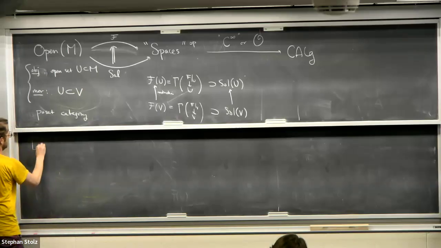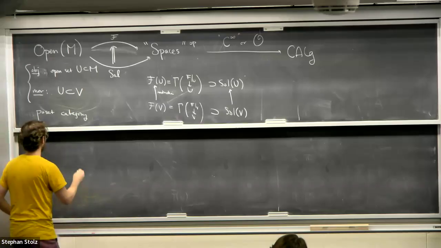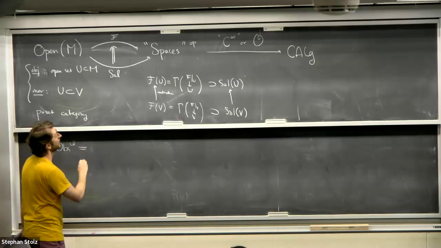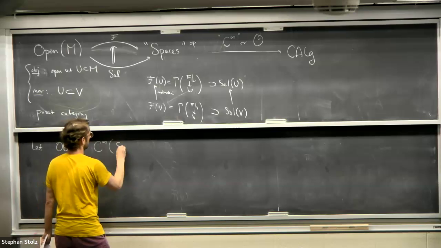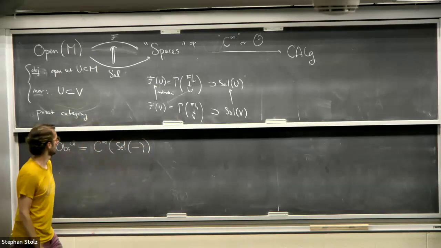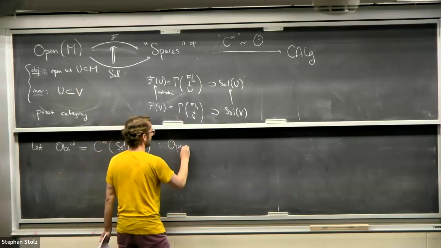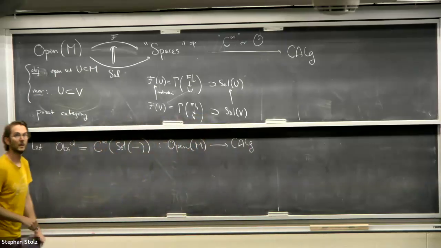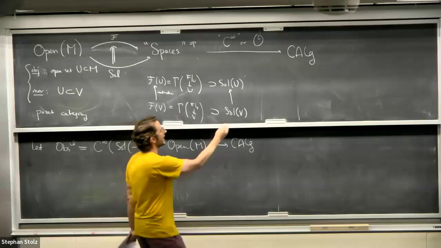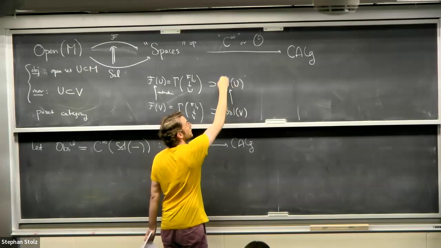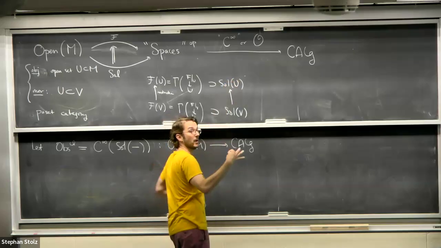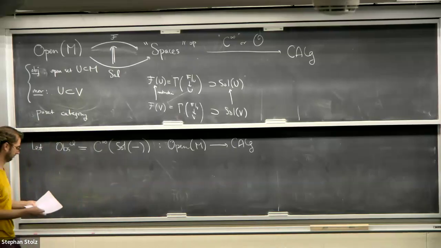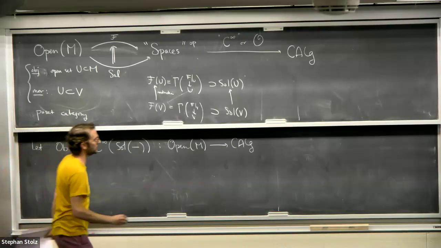So those are the observables? Yes. Let the classical observables be this composite functor. This is a functor from opens on M, a covariant functor, to commutative algebras. Since I have this mapped this way, if I have a function on the solutions on the small open set U, it pulls back to a function on the big open set B. So these are the classical observables.